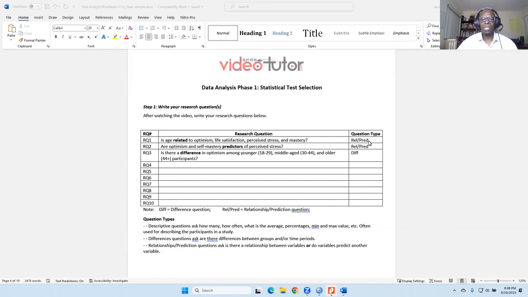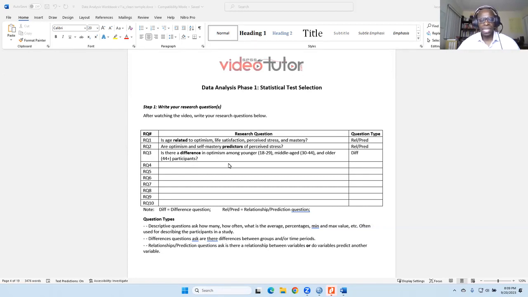We came to the conclusion that research question 1 was a relationship question because it has the word related. Research question 2 was also a relationship prediction question because it had the word predictor. And then research question 3 was a difference question because it had the word difference. Is there a difference in optimism?